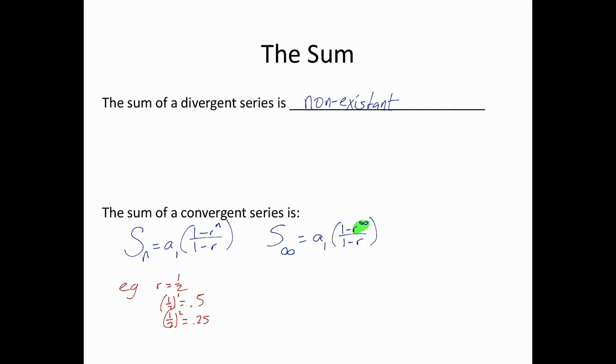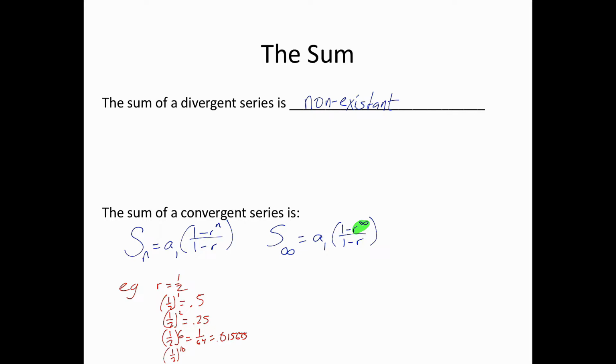Let me jump and get a little larger. 1/2 to the sixth, as a fraction, would be 1/64th, which is 0.015625. If you do an even bigger exponent, 1/2 to the 10th,